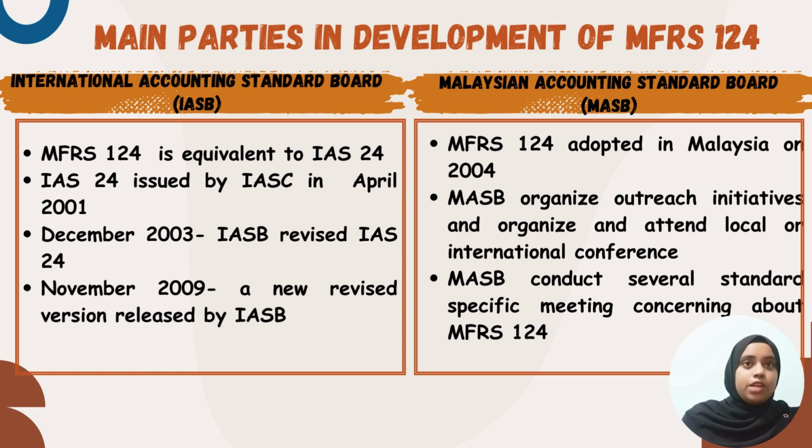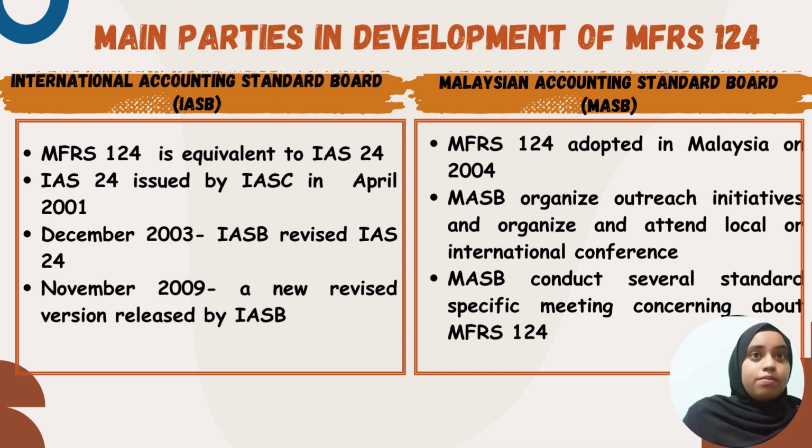I will be explaining about the main parties that are involved in the development or formulation of the MFRS 124 Related Party Disclosure. There are three main parties that are involved in the development of MFRS 124, which are the International Accounting Standard Board, Malaysian Accounting Standard Board, and Malaysian Institute of Accountants. First and foremost is